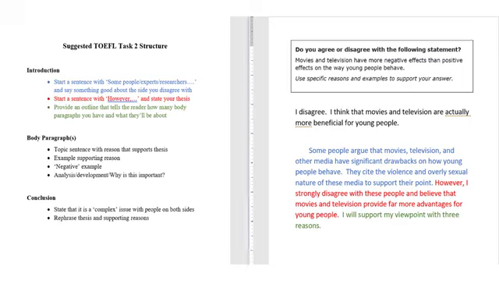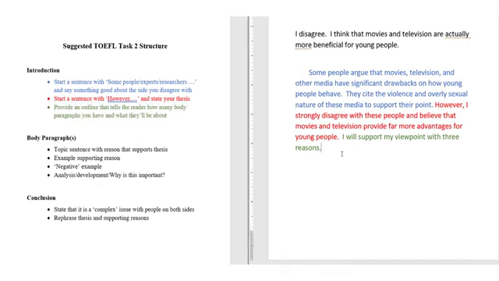So let's move on to one of our body paragraphs and let's look at the structure. So we're going to start with a topic sentence with a reason that supports my thesis. Now, remember, my thesis is I think television and movies have a positive effect on the way young people behave. So I need to come up with a reason for that. So one reason that I could say, and let's go back to black, is I would say, first of all,